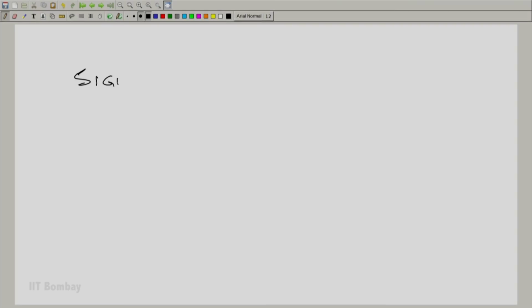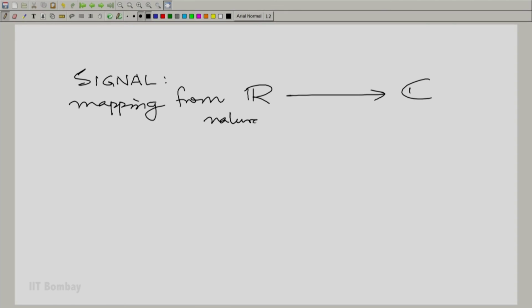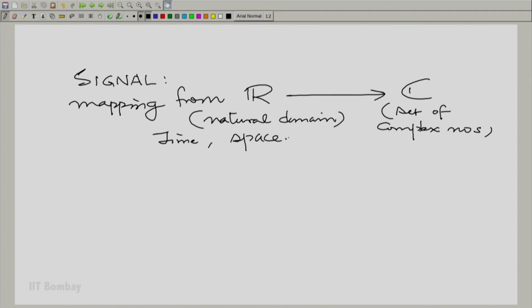We should now get this whole thing clear, because we must see the transform in a slightly more philosophical and more generalized sense. So, a signal is a mapping from the reals to complex numbers, essentially the natural domain to the set of complex numbers. Now, of course, this could be time or space or whatever you like. A system is a mapping from signals to signals,